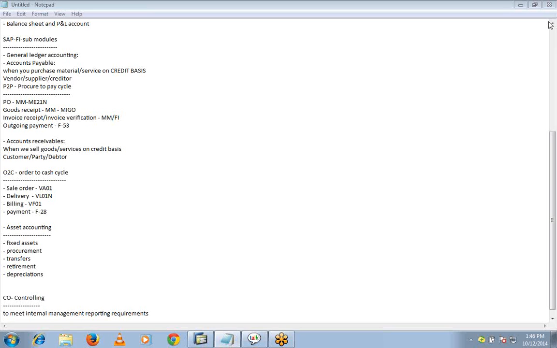At different levels, management will be generating different levels of reports, and they are going to see how the revenues or how the cost is going to hit the system, and they will take the necessary steps in order to get more profits for the organization. That is the objective of controlling, or that is what the reports that we are going to use in the controlling module are for. Okay. Now I summarize what I spoke so far.